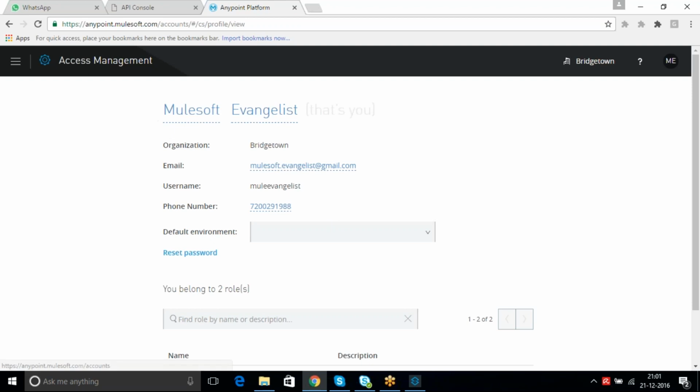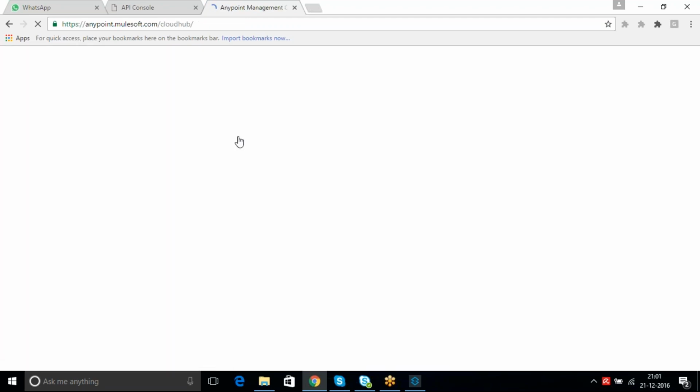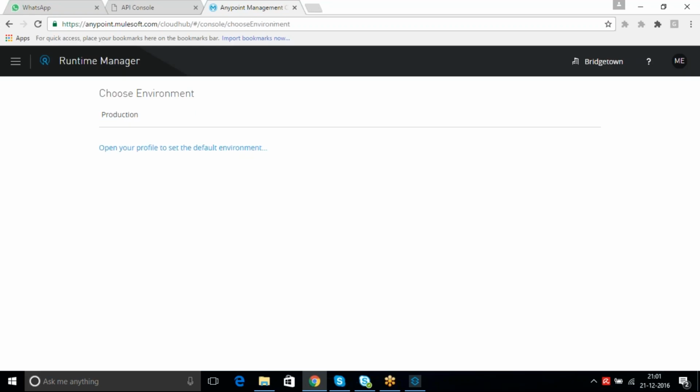Okay, so it will ask what is the default environment where you need to deploy the application. If you go to the Anypoint platform Runtime Manager, you can see a message: open your profile to set the default environment. Your screen will display like this initially.